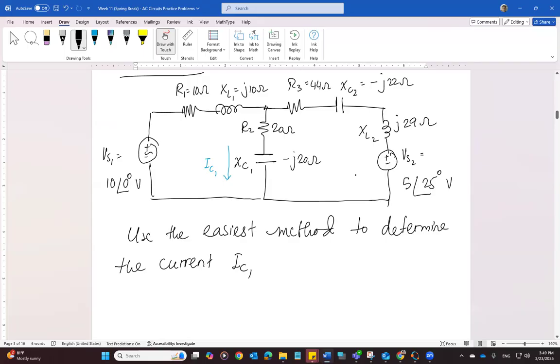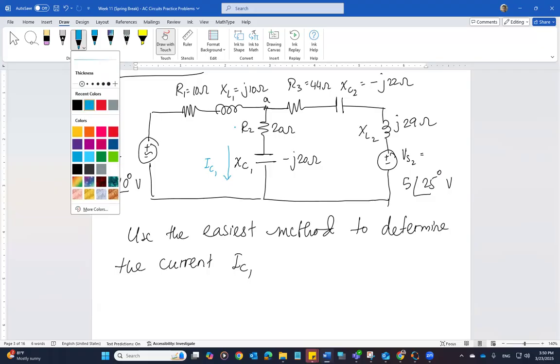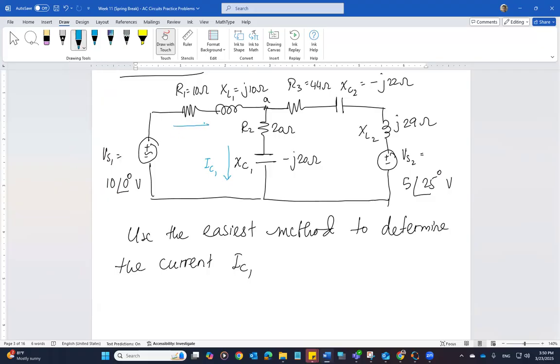If you apply nodal analysis, we have a single node over here. If you call it node A, and we know the voltage of node A, then we can easily apply it. To write down the node A voltage, we just need one equation, because all three currents are heading towards the node or going away from the node. So we can call this current I1, and we can call this current I2,